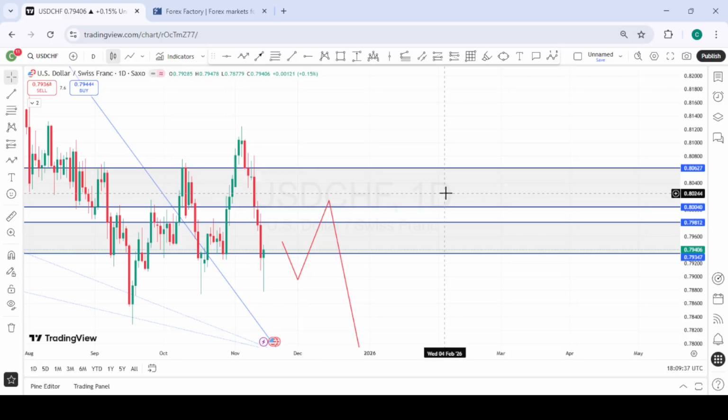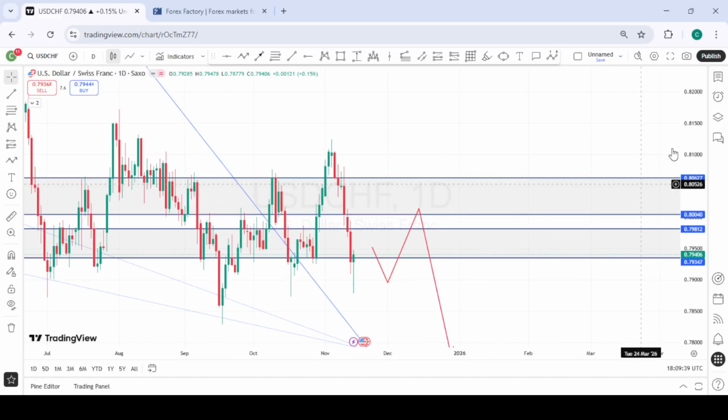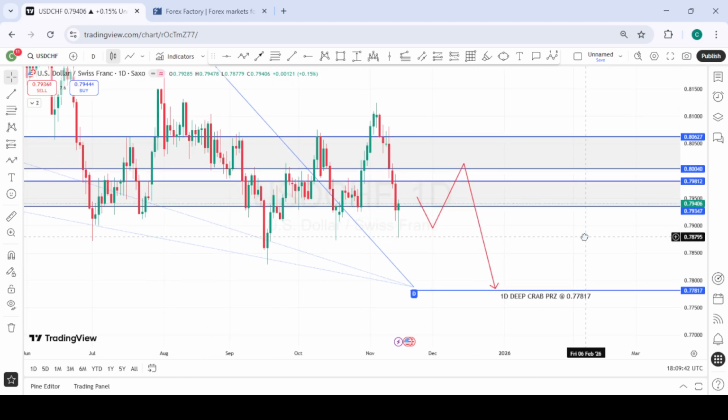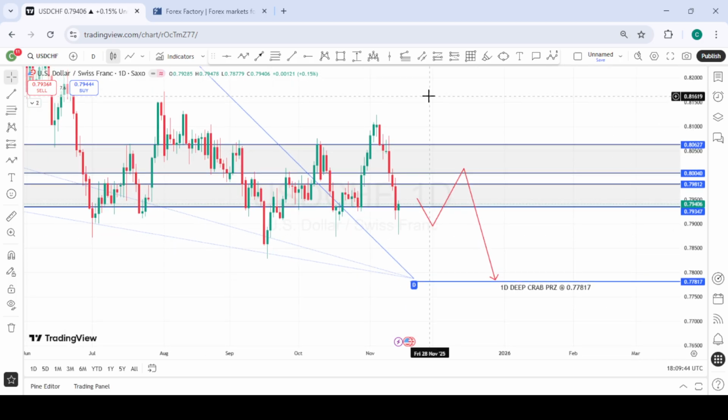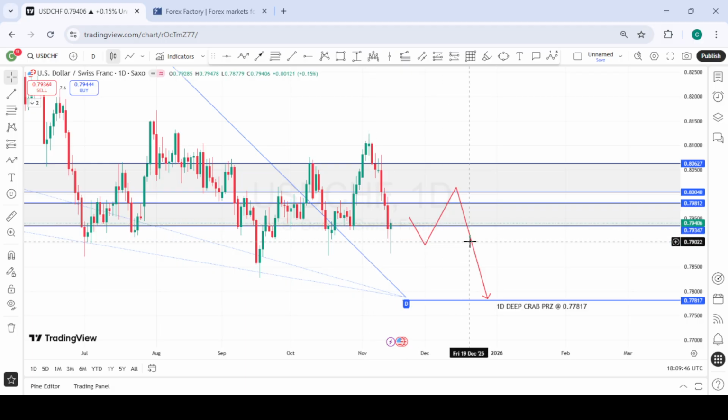So what we can be looking out for is a possible pullback to give us a possible right shoulder formation. So we are expecting maybe a possible pullback into